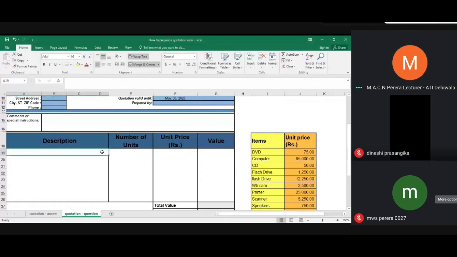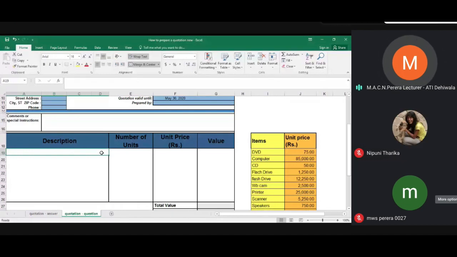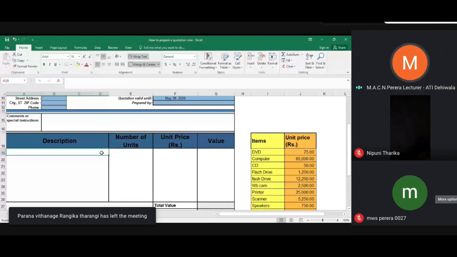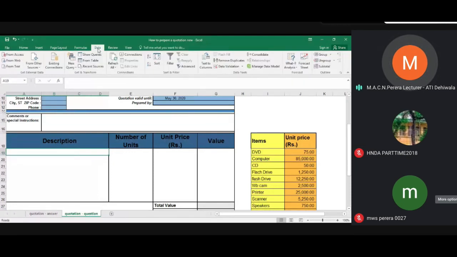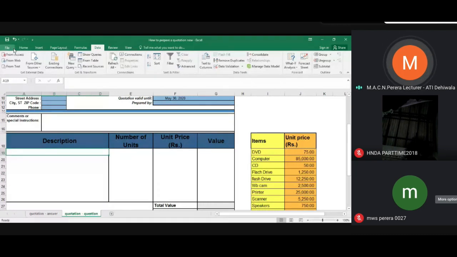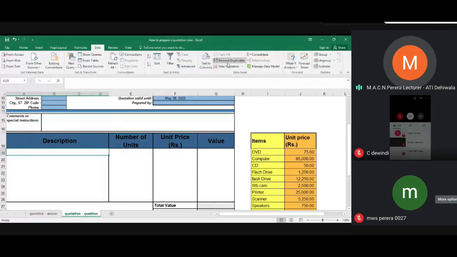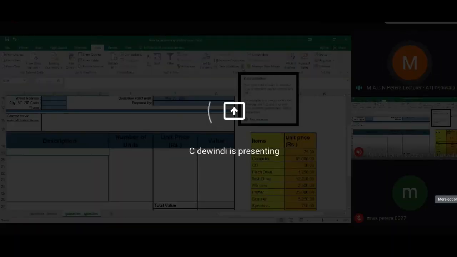Then as I showed you in the description column, the item list should be available. What we can do is select the first cell of the description column and go to the data bar. You know, in the ribbon there are different bars: file, home, insert, page layout, formulas, like that. Go to the data bar. Then there is a section called data tools. There is a part called data